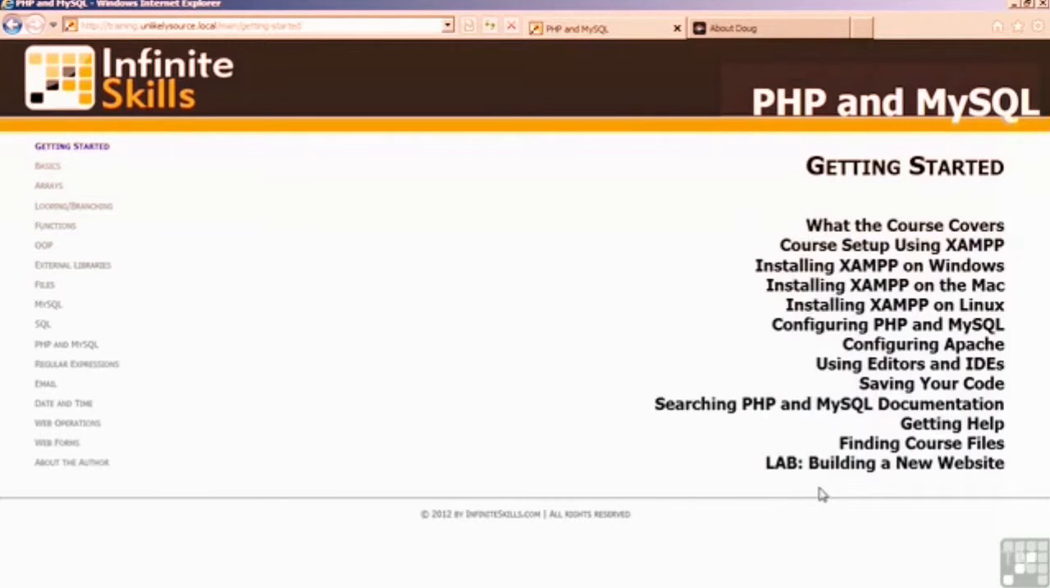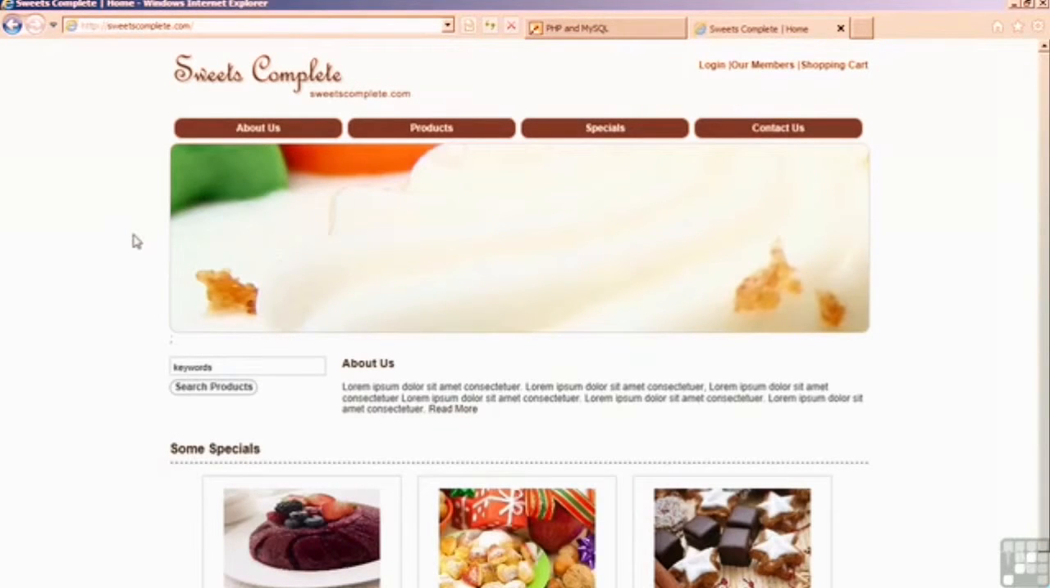The lab is aiming towards developing a comprehensive website. Building in small pieces, one piece at a time, by the end of the course, you will have completed a comprehensive website which looks something like this. This particular website features a shopping cart, a members area, logging in, a list of products, a contact form which includes sending an email, and a search capability which allows you to search the products database and get a list